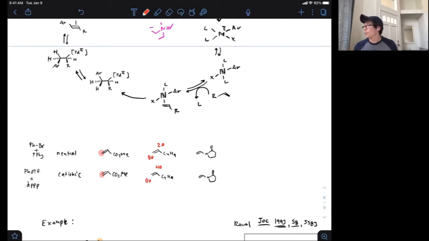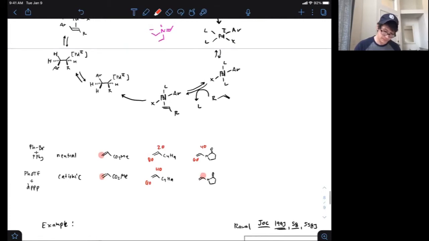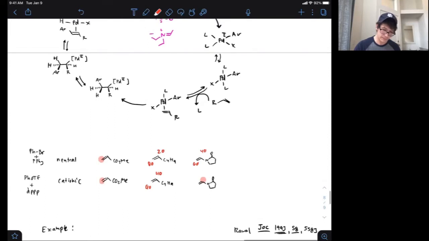And for alkenes that are polarized, you can think of it in the opposite direction. Here you have a 60-40 split in the neutral pathway, and actually essentially perfect selectivity for the internal position in the cationic pathway. And I'll leave it to you to think about the origins of this in terms of the nature of that migratory insertion step, which typically is going to be selectivity determinant. Okay, we'll wrap up the Heck discussion